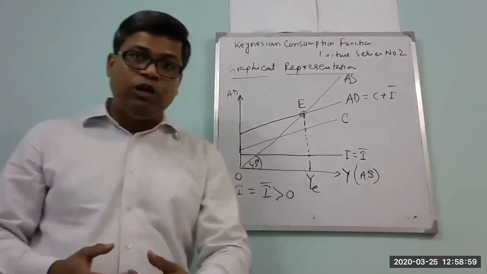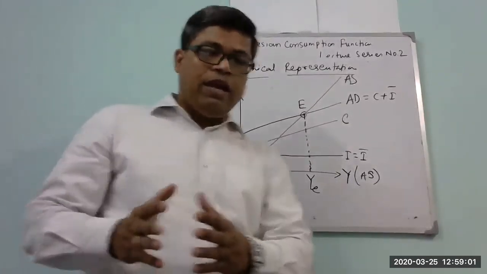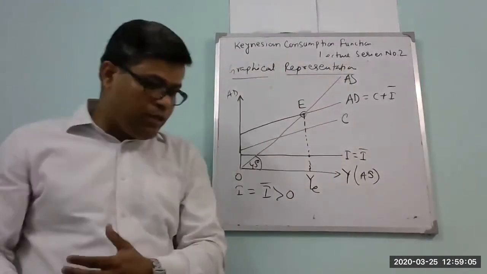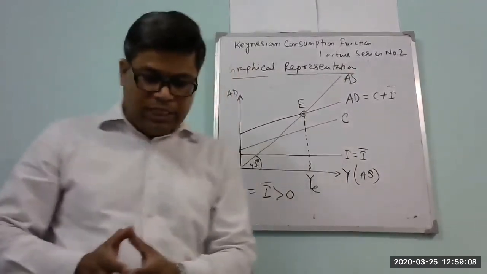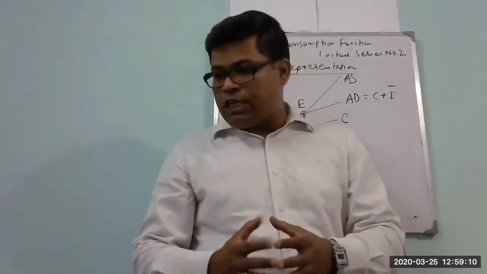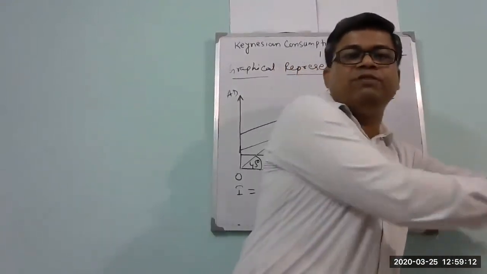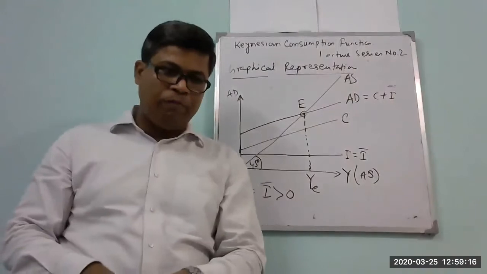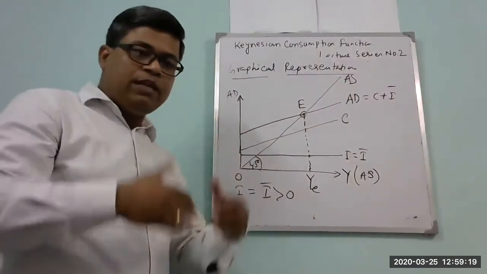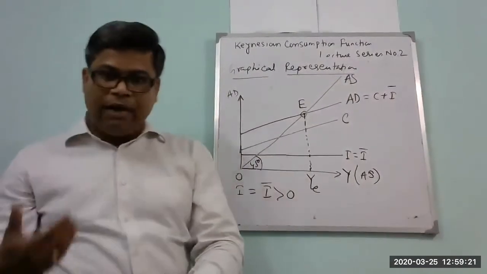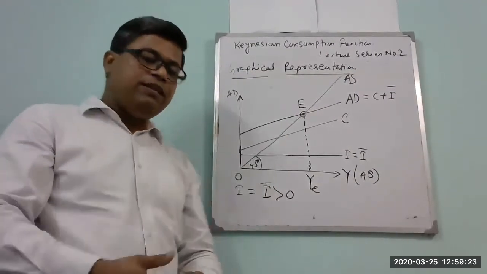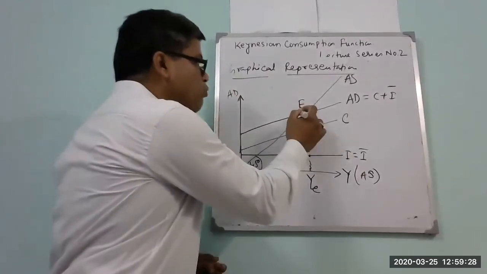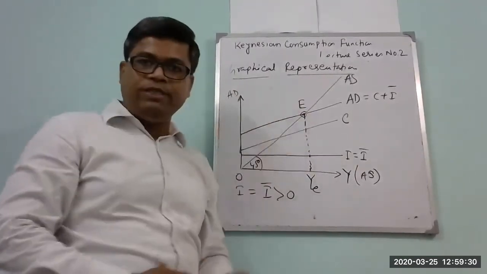If I am unable to come back, suppose I was standing here at my initial position and someone pushes me, so I deviate from this place to that place, and over the time I was unable to come back, I kept deviating to this side. That equilibrium is an unstable equilibrium. So stable means that over the time, if I once again come back to my original position, then that equilibrium is called the stable equilibrium. So we need to see whether this equilibrium is stable or not.